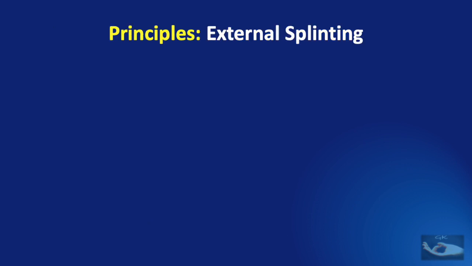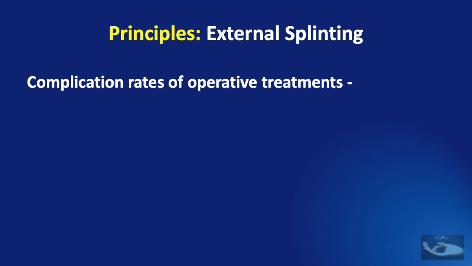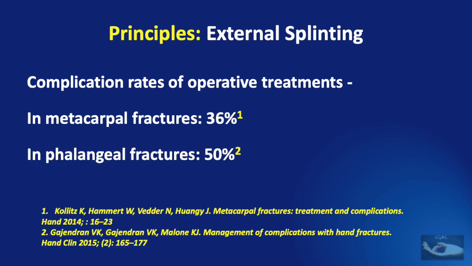First, let us consider the principles of external splinting. We need to understand that almost 90% of hand fractures are appropriately treated without surgery with simple closed reduction techniques, appropriate splinting, and early protected mobilization. And at the same time, the complication rates of operative treatments can be as high as 36% for metacarpal fractures and 50% for phalangeal fractures. So that makes it all the more important to understand how external splinting is used in the management of hand